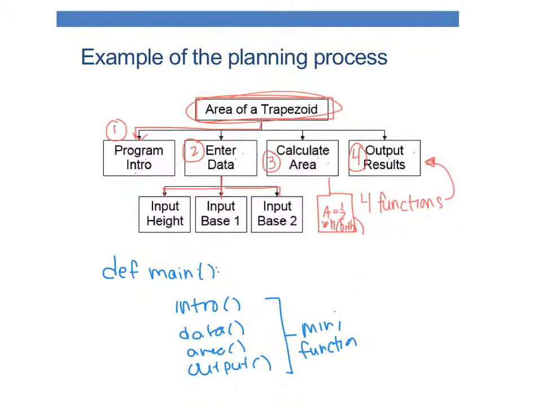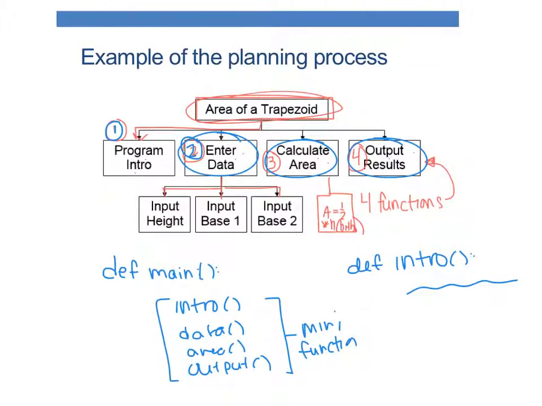And then I would write each one of these separately as well. I would write my intro function. So I would say, okay, well, my definition for my intro function, this is what it does. And I would write the code for that. Write the code for the data function, the area function, and the results function, so that I could then use